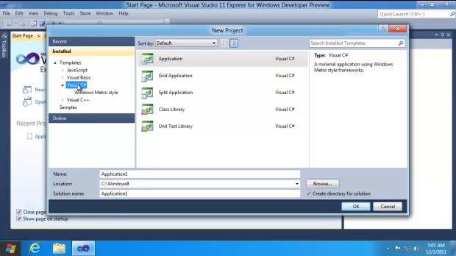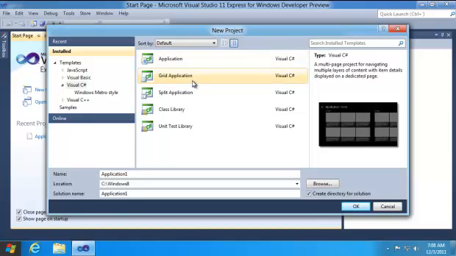In the right panel you will see 5 different project templates available. The first one is your application. This is a minimal application for Windows Metro Style frameworks. It comes with the basic blank project with the normal XAML pages which you need to create your basic application. Second one is your grid application. This you can choose to create a multi-page project for navigating multiple layers of content with item details displayed on a dedicated page. This you can choose to create a panoramic view also.